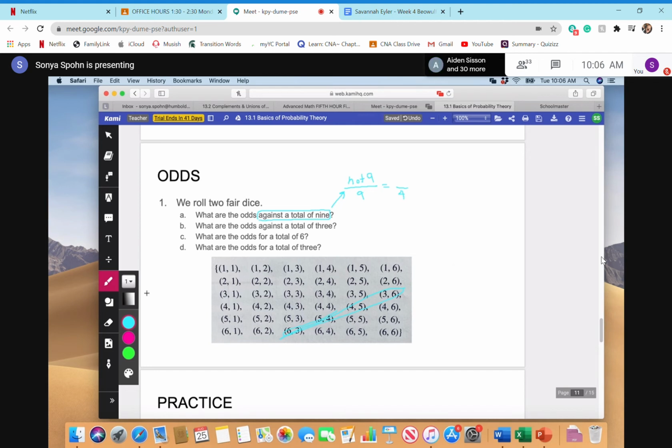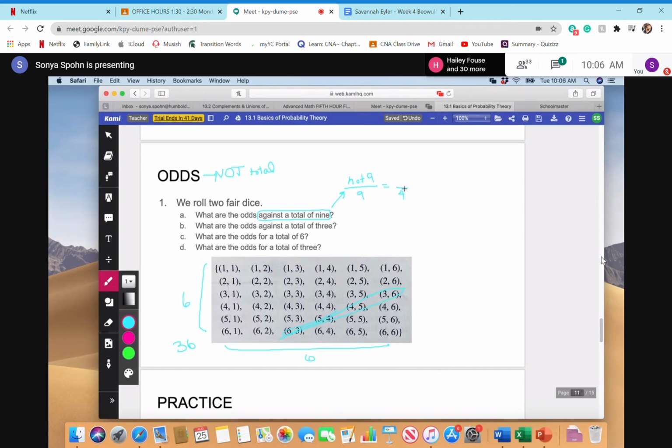So then we would have to know how many are in this sample space. You could count up all the other ones that we didn't circle or cross out or whatever. Or you can just say, all right, well, this sample space has 6 outcomes this way. There's 6 outcomes this way, and 6 rows of 6 is 36. Okay, we're not going to put a 36 here because 36 would have to do with a probability. That's the total. Odds is not the total. Okay, you don't put that in your